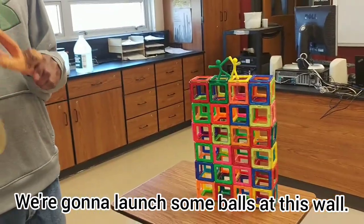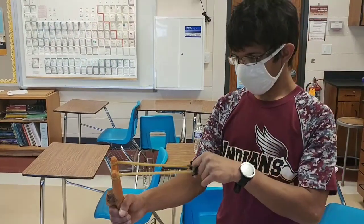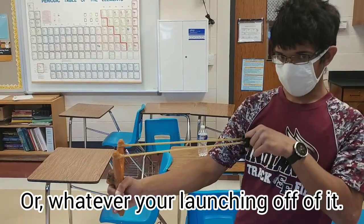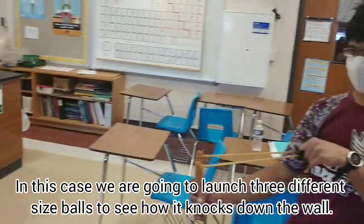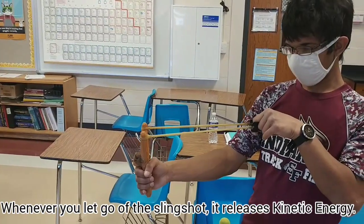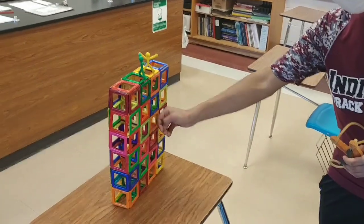We're gonna launch some balls at this wall, and we're gonna see how much force it takes to knock it down. So, whenever you pull back the slingshot, it stores potential energy for whatever you're launching off of it. In this case, we're going to launch 3 different sized balls to see how it knocks down the wall. When you let go of the slingshot, it releases kinetic energy, and that kinetic energy launches and hits the wall,